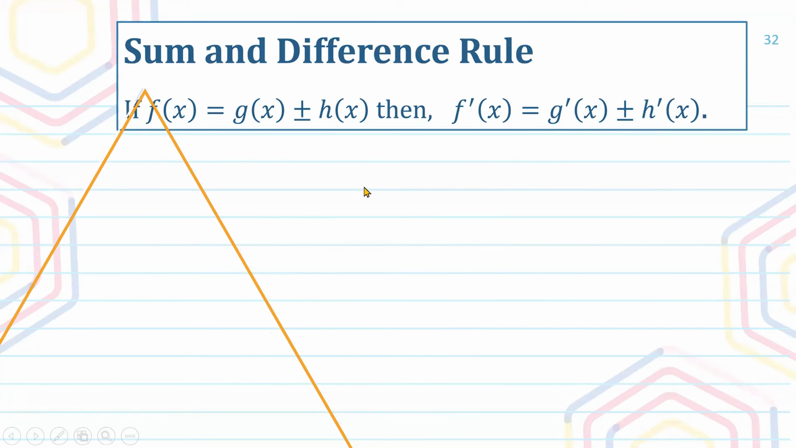Alright, now let's have the sum and difference rule. The sum and difference rule states that if f of x is equal to g of x plus or minus h of x, then f prime of x is equal to g prime of x plus or minus h prime of x. Or simply, all you need to do is to differentiate each term in your expression. So for example,